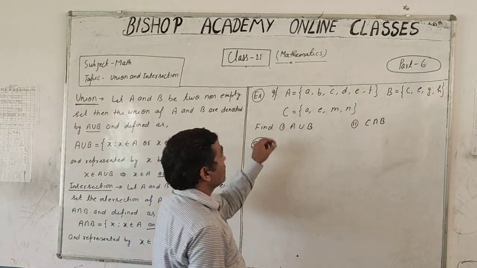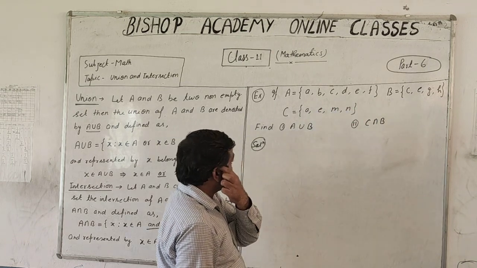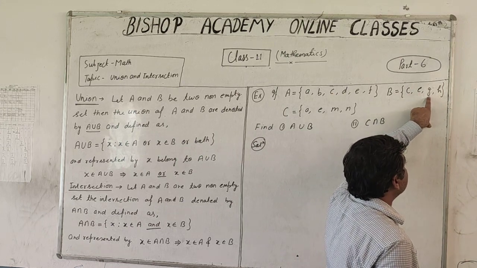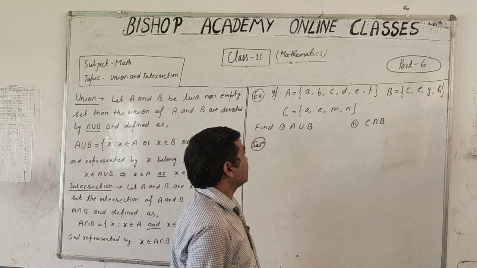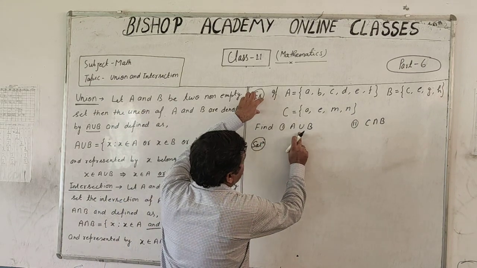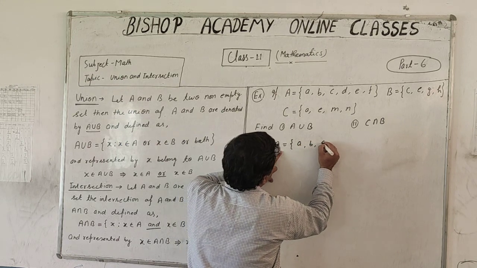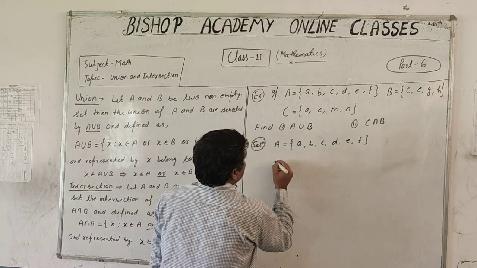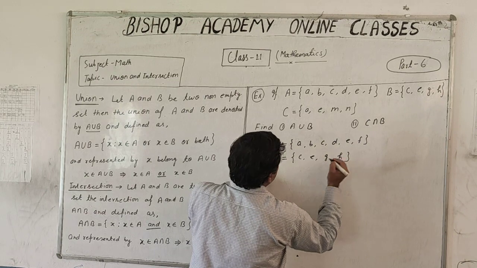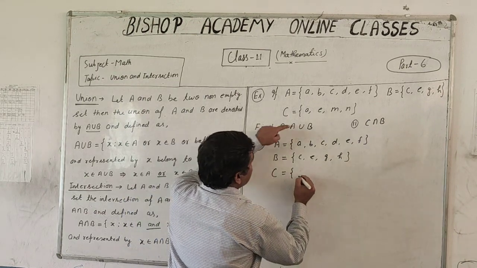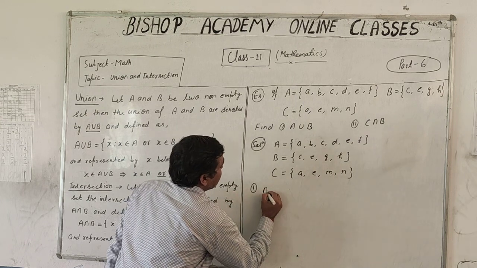For example, set A contains the elements A, B, C, D, E and F. Set B contains the elements C, E, G, H, and set C contains A, E, M, N. First, find A union B. A equals the set containing A, B, C, D, E, F. B equals C, E, G, H and set C containing A, E, M, N. Solution: first, A union B